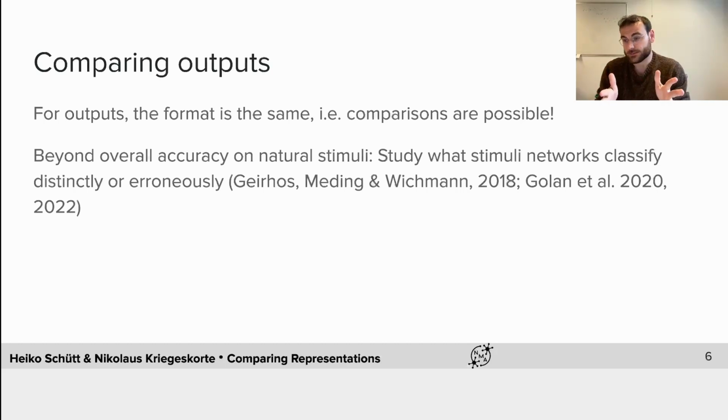And the other part is that you don't need to restrict yourself to natural, normal images. You can also create other images for testing. And this again has been done very successfully. Think of adversarial examples here, or in the Golan papers I'm citing here, it's about controversial stimuli. So stimuli that are explicitly created to make the networks do different things. And so you can do this, and this is done a lot.